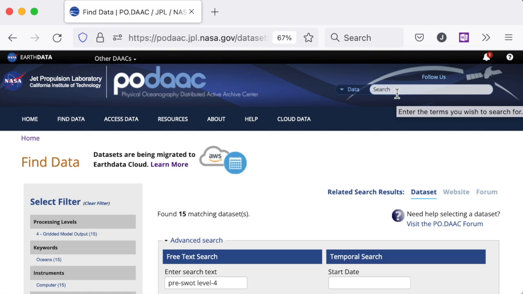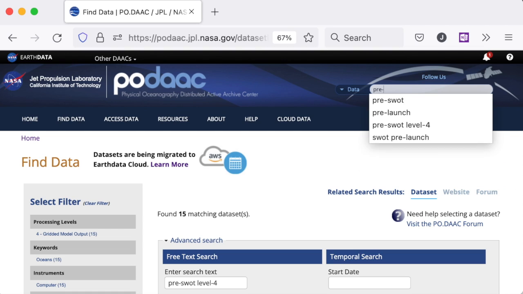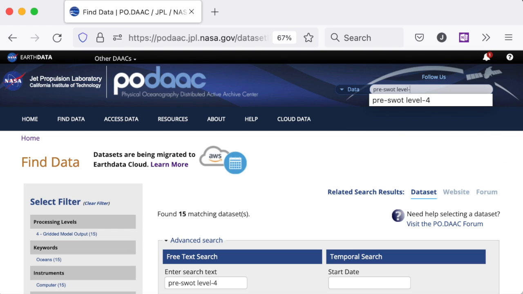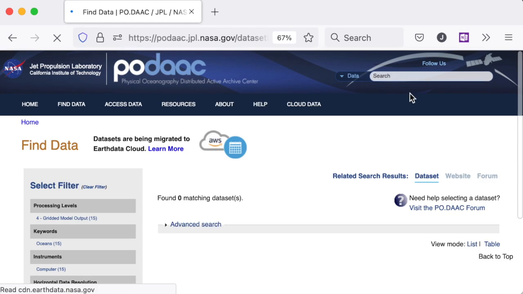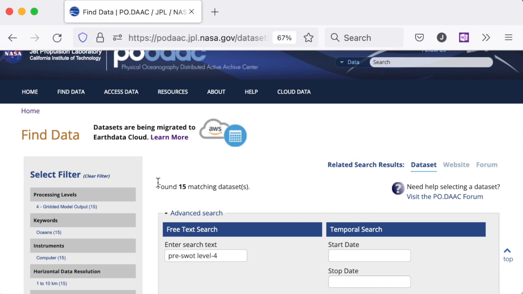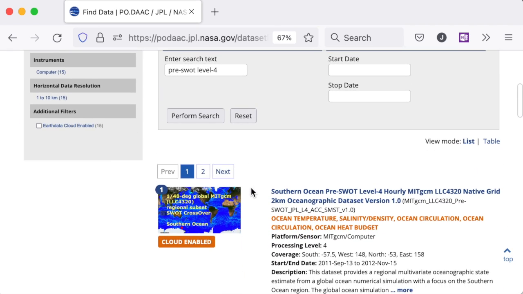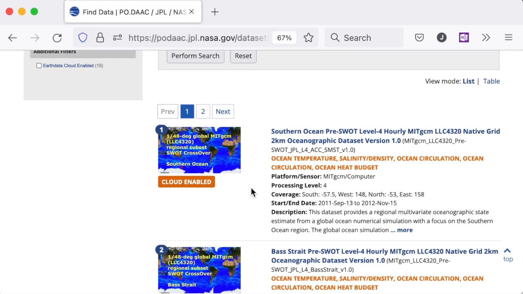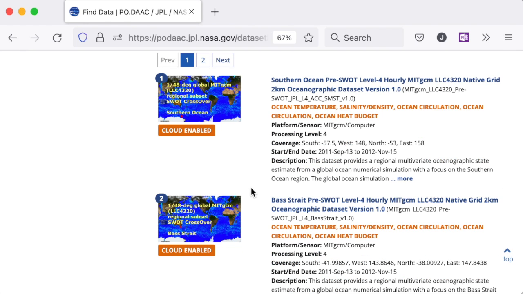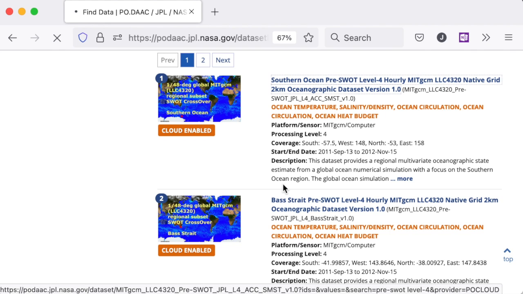The third search I'm going to do is the pre-SWOT level 4 through this search box. We have 15 matching datasets. Each of them is a subset of LSA 4320. All of them are cloud enabled. If we click on them,